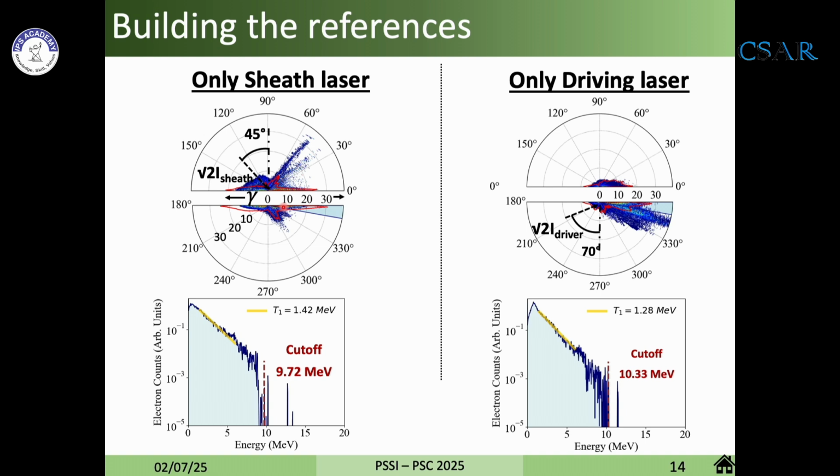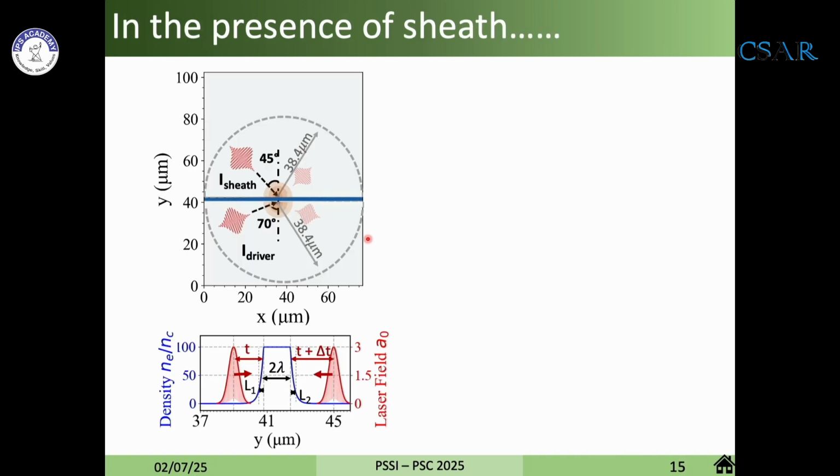So next, I will go to the case of two laser systems. Assuming in the experimental case, we will split the same laser by beam splitters to have two lasers from opposite ends. In the presence of two lasers, this is the geometry, and I also added a scale length of 200 nanometers. Let's say the top laser comes at timestamp t, and the second laser comes at a different timing of t plus delta t. I will define the role of delta t in a future slide, but for the best possible scenario, I would like to show the